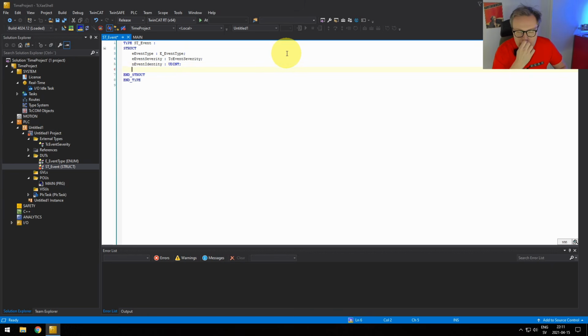And next we need an event message or event text. I think we called it an event text, and this is just a string where we can write, too high pressure or just some message, whatever. We make it a string, and again, if you just write string like this, you can put 80 characters there, but let's just go with 255, which is a good size because that's the maximum size that a lot of built-in functions in TwinCAT 3 can handle.